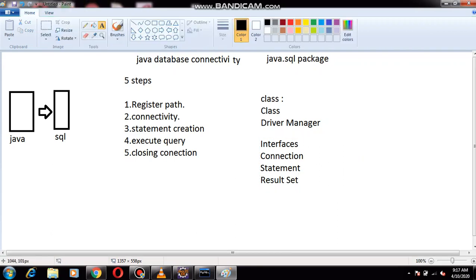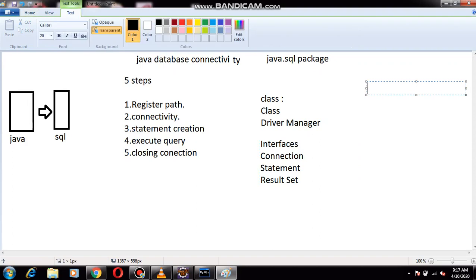Okay, so next we are using some methods also. What are the methods we are using? forName is one of the methods. Execute is one of the methods. Execute update.